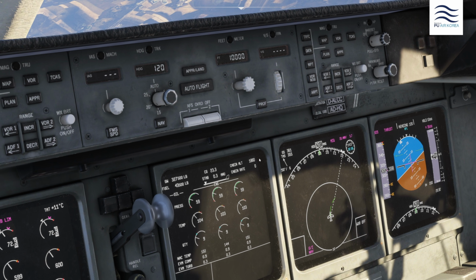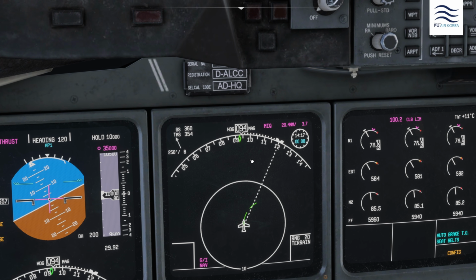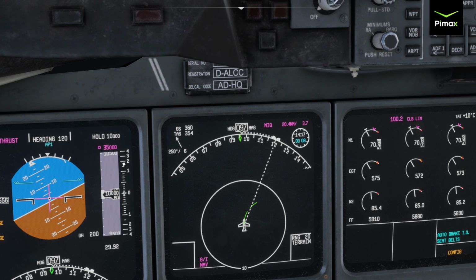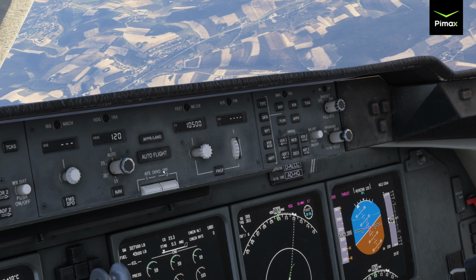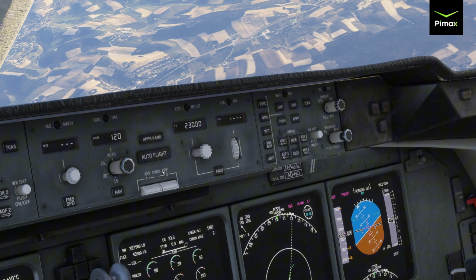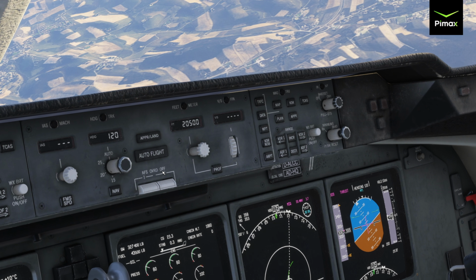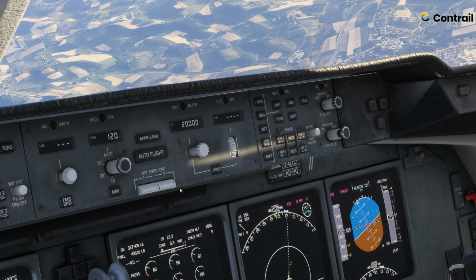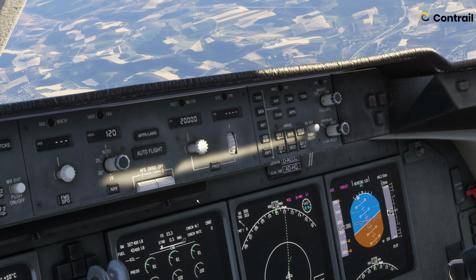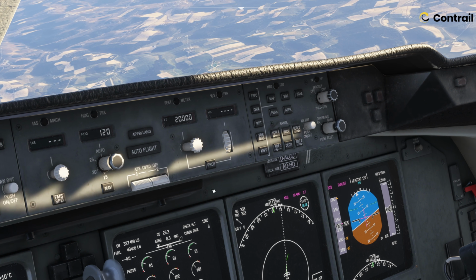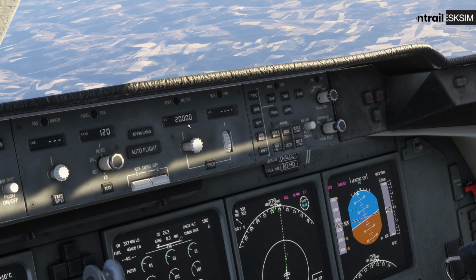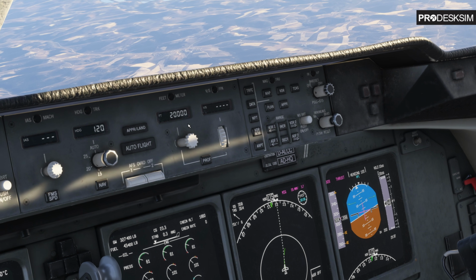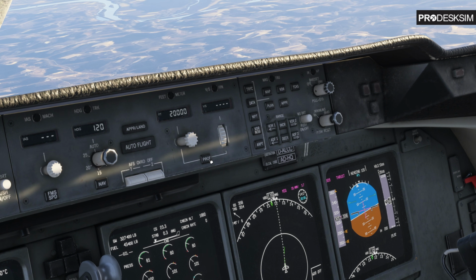Okay, now, we're in holding 10,000 feet. If I go ahead and put this to, let's say, 20,000 feet, because I haven't reached my cruise altitude yet, there's multiple ways to get to 20,000 feet. You have to choose your climbing mode now. So you can either use prof, which is VNAV,